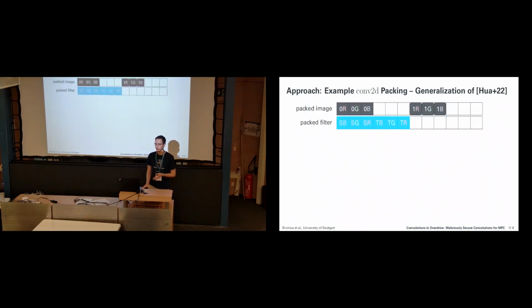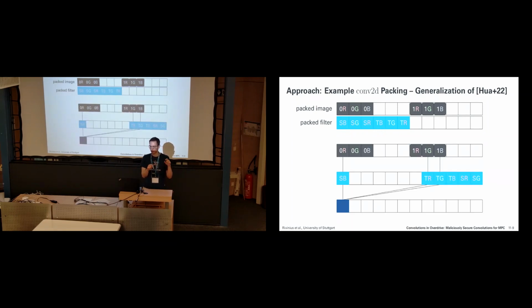So the packing scheme for this would look something like this. First you have your first batch of your image, then you leave some 0 coefficients, and then your second batch of the image, and your filter you pack in a way that it's just all the coefficients until where the second batch was started. Then if you do your ciphertext multiplication,